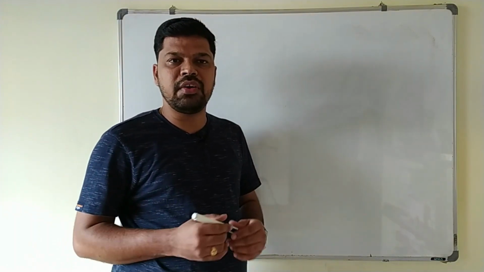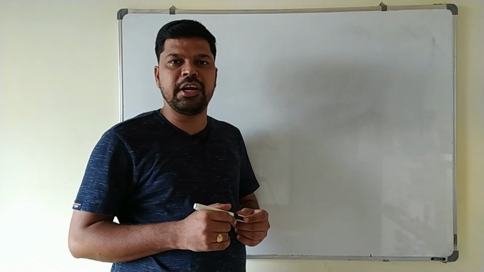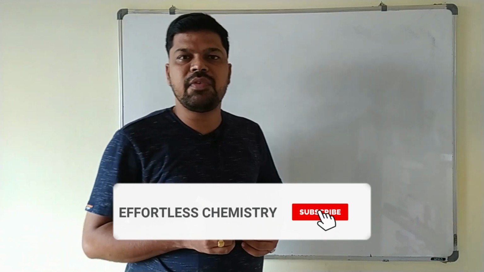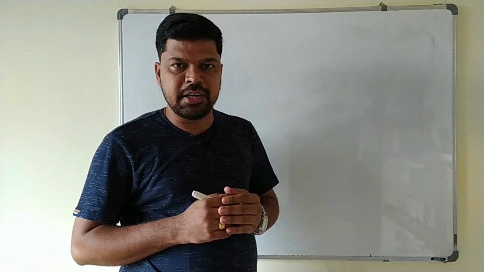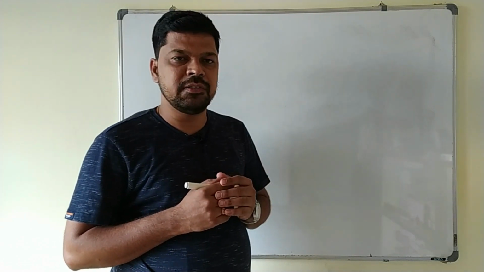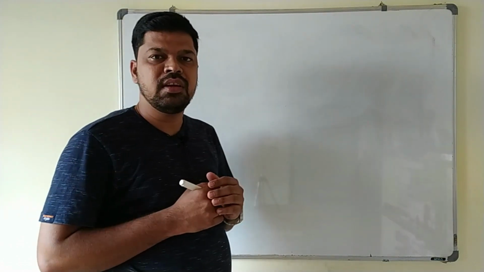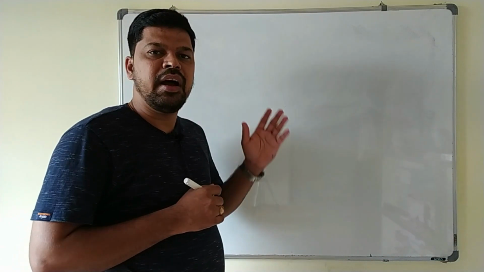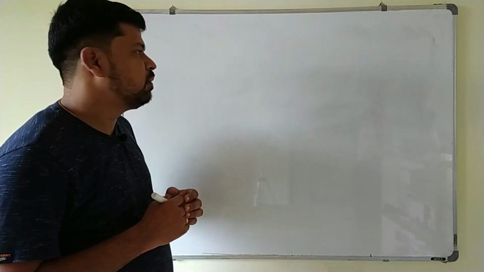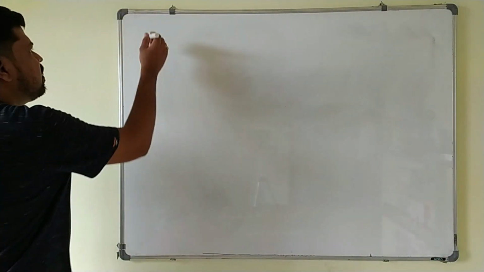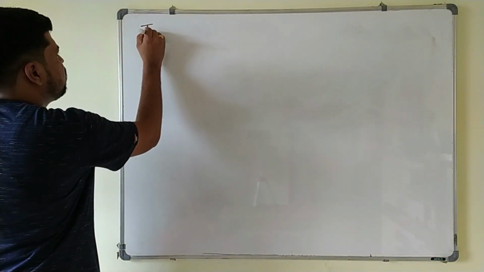Hello students, we have already started the solutions topic for competitive purposes, and in the last session we discussed up to colligative properties, that is, up to osmotic pressure. In this session we will discuss isotonic solutions, abnormal molar masses, van't Hoff factor, and then the degree of dissociation, the alpha value. Okay, the first one is isotonic solution.